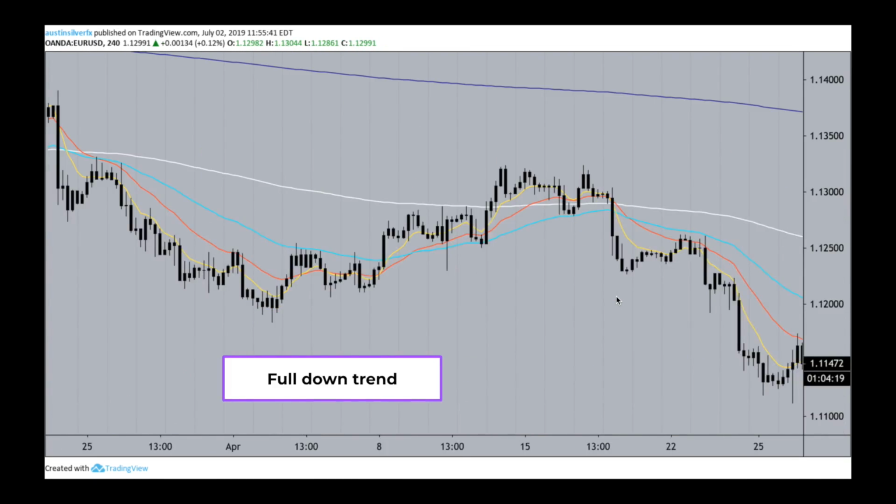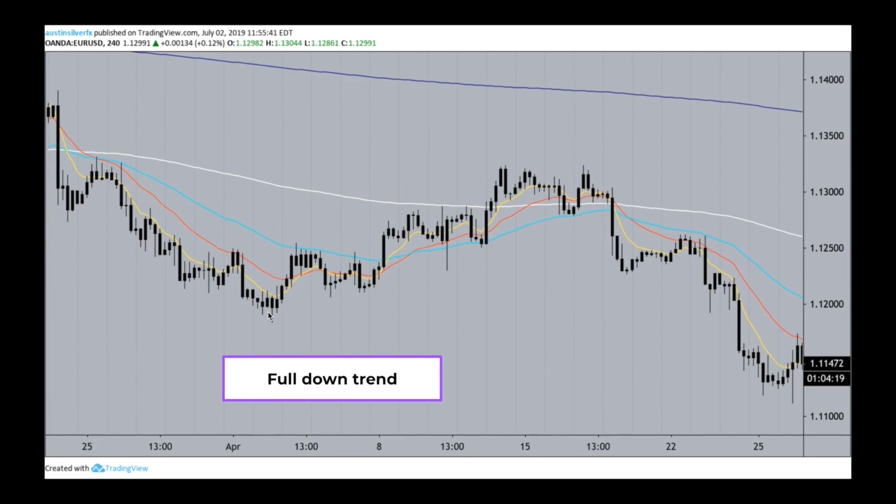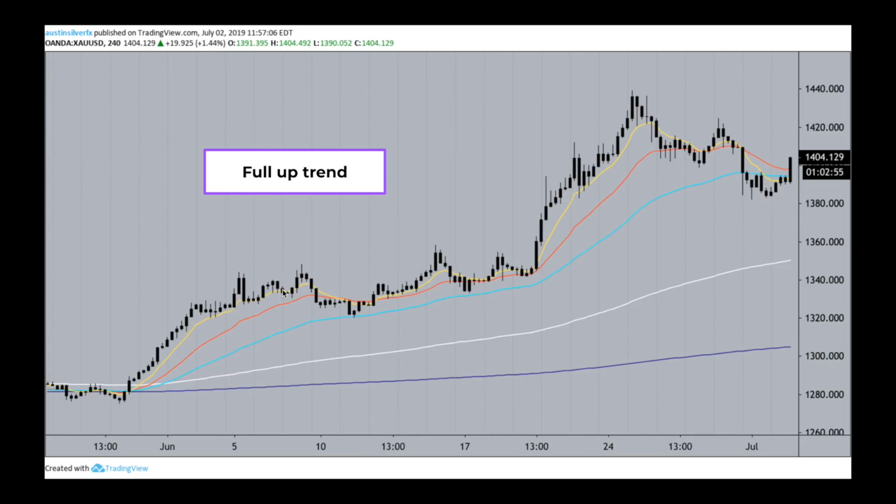When we talk about finding full trend, you can see here, as all the EMAs fan out in their proper order, meaning the 800 is below the 200 is below the 50 is below the 8 and 21. In that order, we would qualify that as a full uptrend. And on the inverse of that, if the 800 is on top, then the 200, then the 50, then the 8 and 21, that would be confirmed to us as a downtrend overall, a full downtrend. When we can find either a full uptrend or a full downtrend, regardless, we're going to find the highest profitability trades.